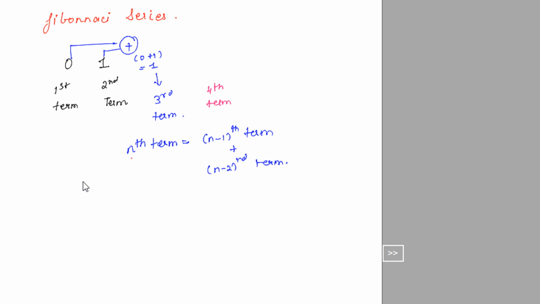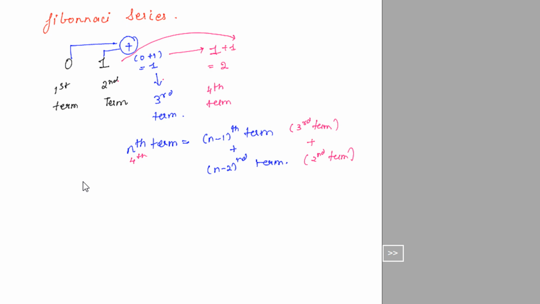If n is equal to 4, the fourth term is n minus 1, so 4 minus 1 is the third term, plus 4 minus 2, the second term. So the fourth term is the third term plus the second term, right? So the previous value, which is 1, and the previous to previous value, which incidentally is 1 in this particular case, giving 2.